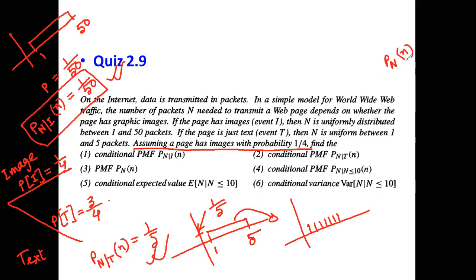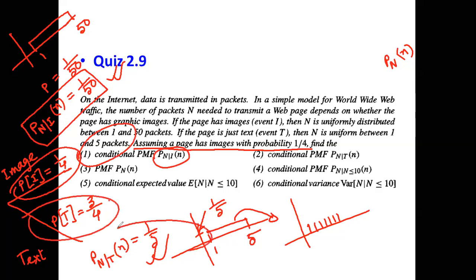When I'm talking about P of N, actually there are two possible cases. Remember one thing: this is a conditional probability. I told you already, if there are conditions, we need to find out the total probability. How to find the total probability? It is this probability multiplied by that conditional probability, and then this probability multiplied by that conditional probability, isn't it? Yes, sir.